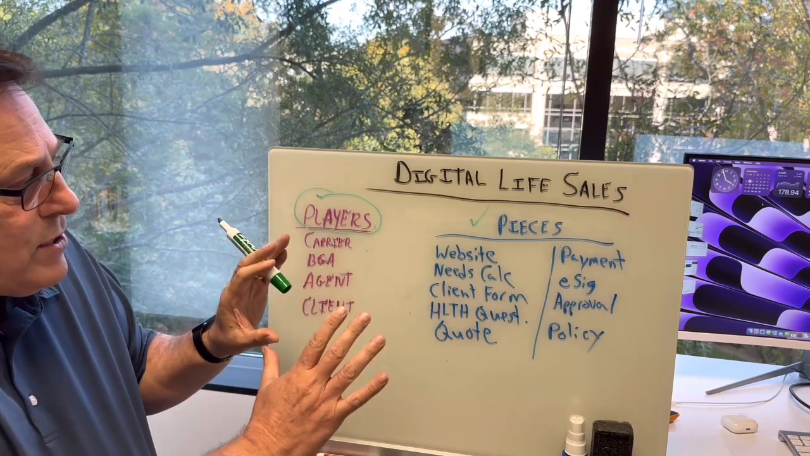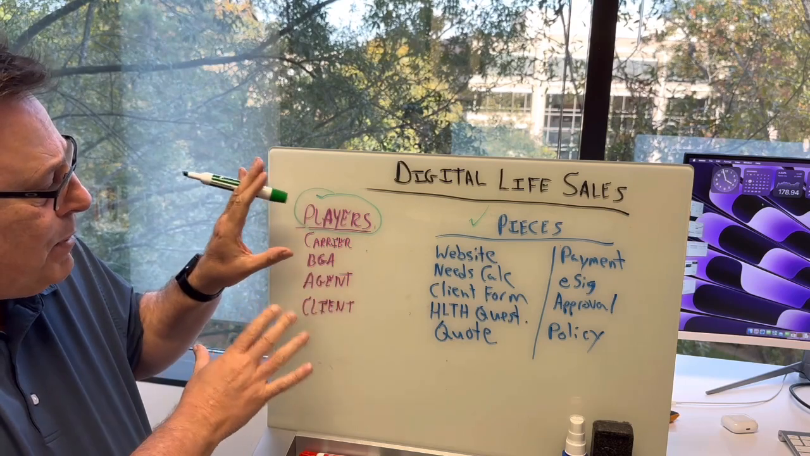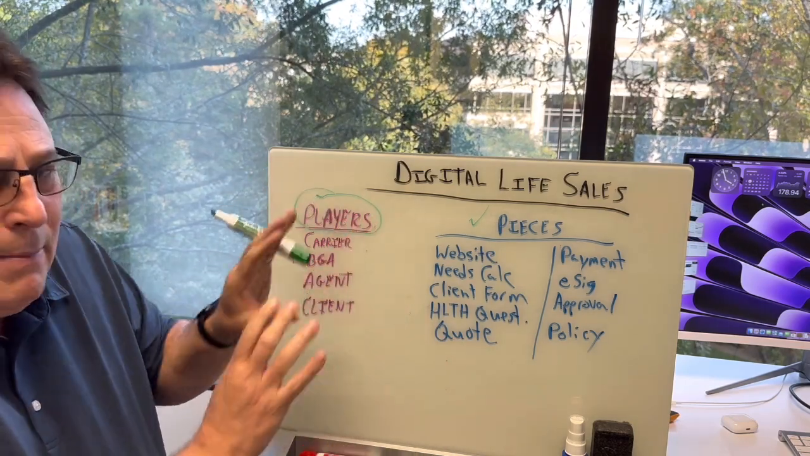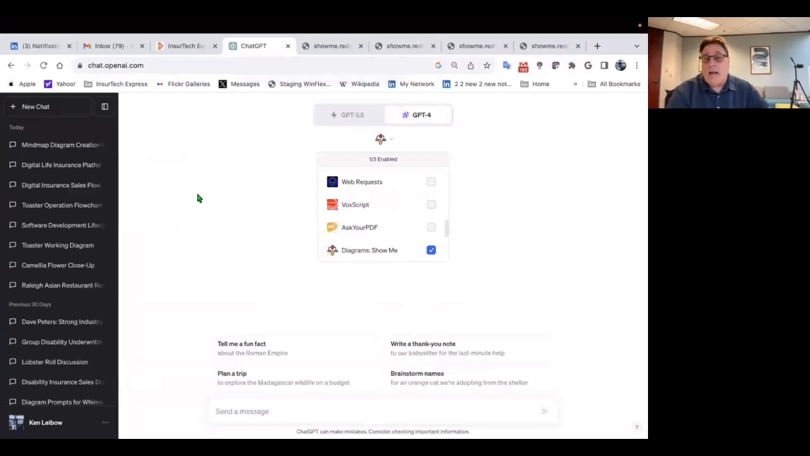But this is my first step, is just to lay out the main players and the main pieces before I move on to my next step. Okay, so as I've mentioned in my other videos, I subscribe to ChatGPT Plus at $20 a month, and there are, I guess, at least 1,000 or 2,000 plugins you can use. And I've been researching them a lot, and I know I've shown a few of them on a previous video, but I'm going to use Diagram Show Me in GPT-4 to create